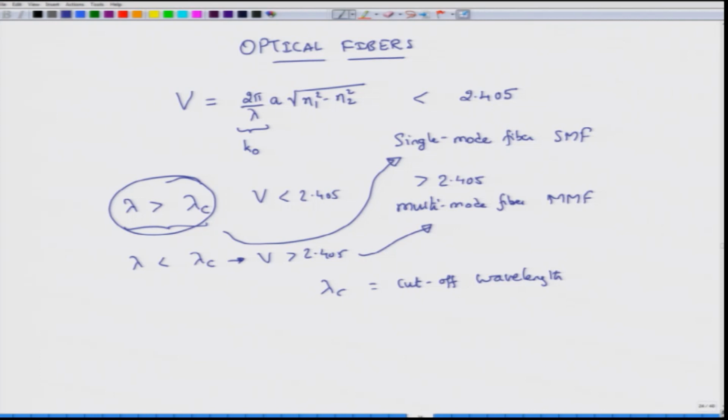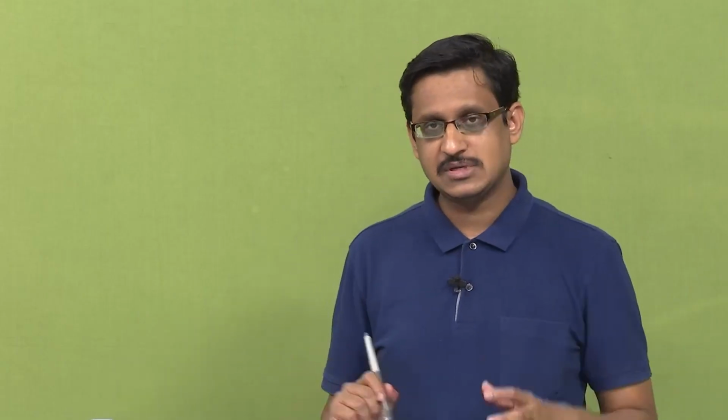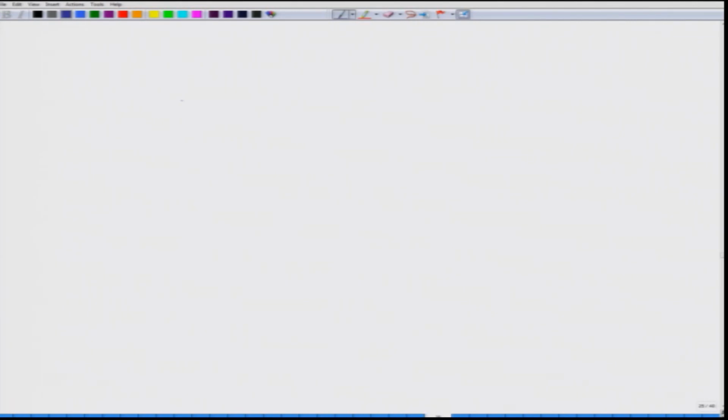Now, we have already seen a picture of an optical fiber, but for our purposes and understanding of how light propagates inside the fiber, this simplified picture might be sufficient. So, every fiber normally has a circular cross section. This circular cross section has an inner radius of a. This is actually a rod.